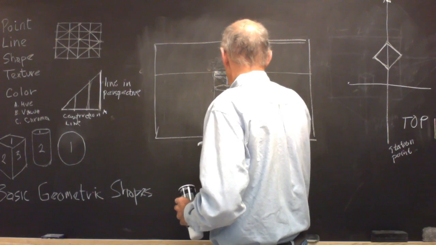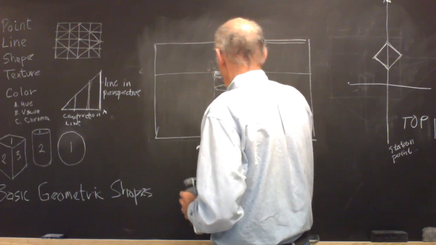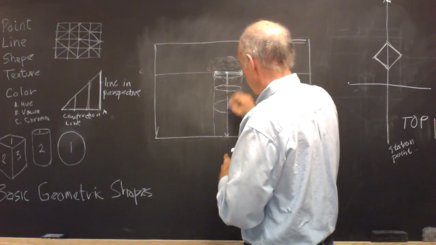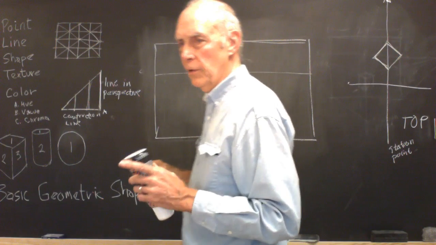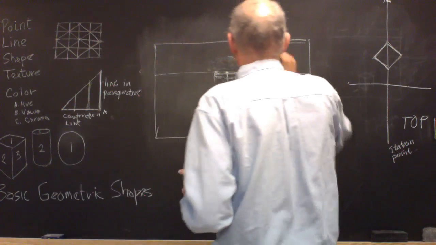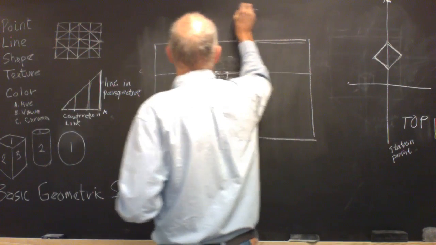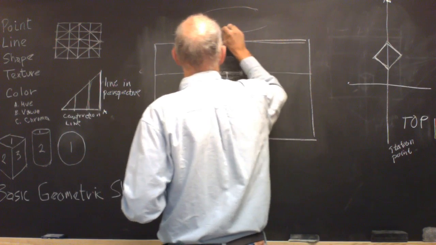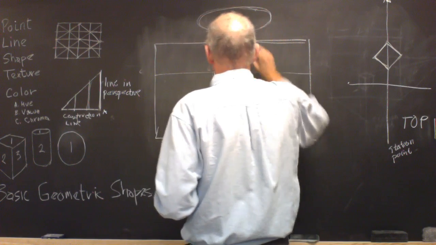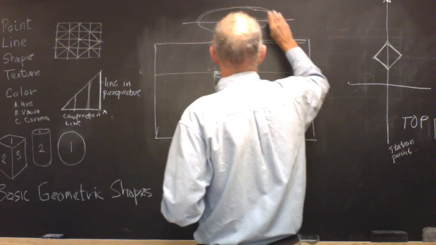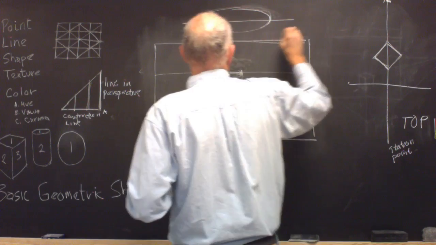And I keep going down, notice what's happening. I need to talk about the geometry of an ellipse. Can you see that? You have a major axis